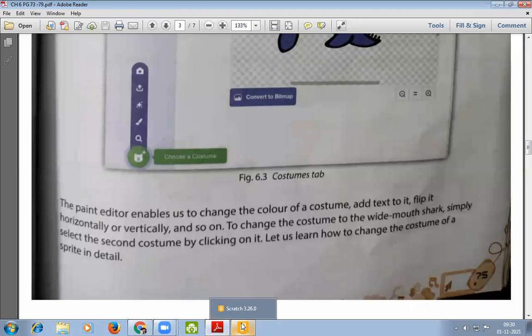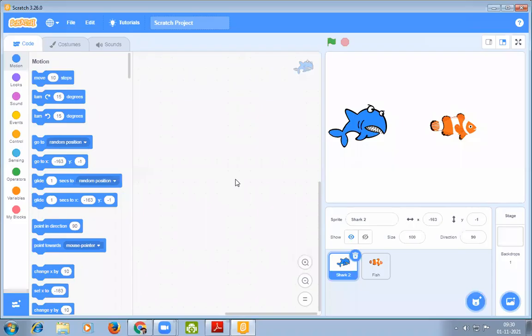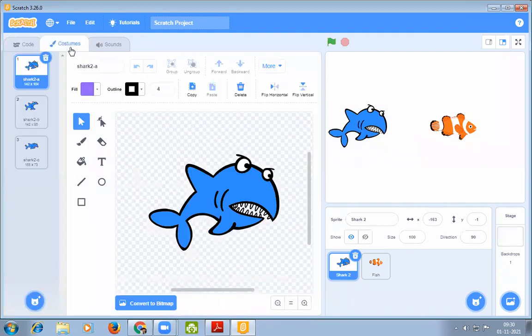Let's do it practically. I have opened the Scratch software where two characters are already present. As we are going to change the costume of the shark, we have to click on this shark picture, then click on costumes. Look at here.